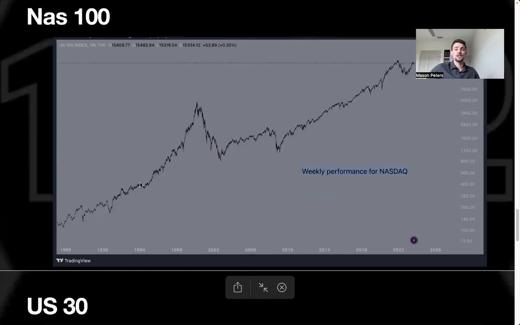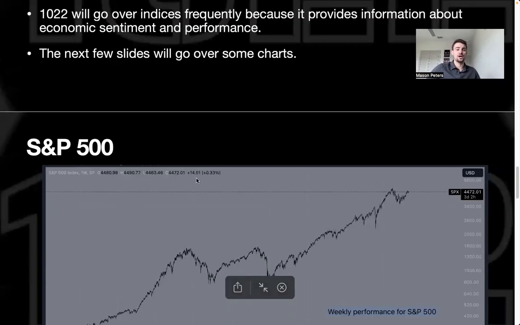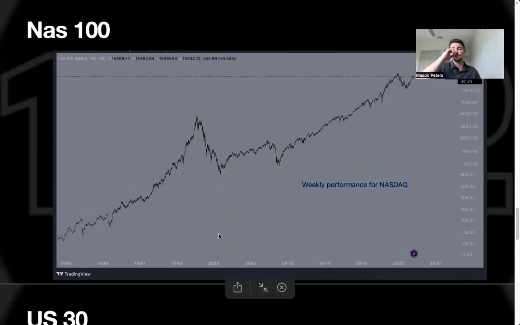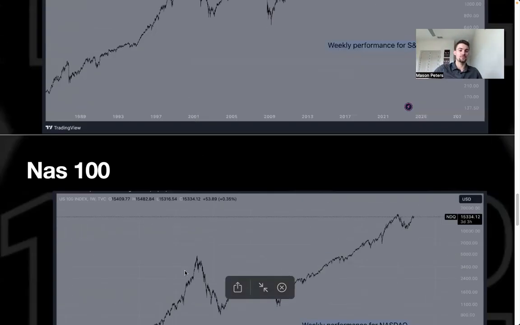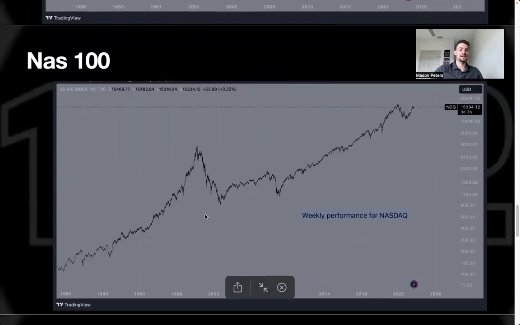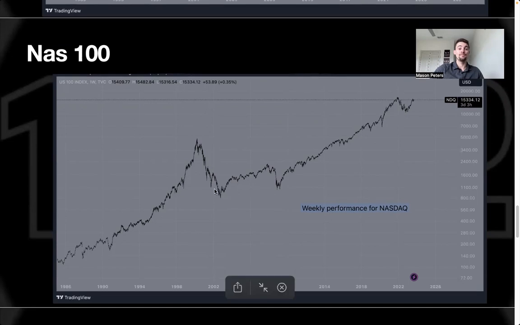Here's the NASDAQ. A little bit of a different looking chart in terms of volatility. You see that it's a large move up and a fast move downward. And if you look at the time frame difference, this was before 2000 where it peaked, and the S&P didn't peak. The S&P kind of started dropping around 2001, whereas the NASDAQ had already dropped significantly by 2001. So it was already leading the downtrend there, but still on an absolute tear to the upside,